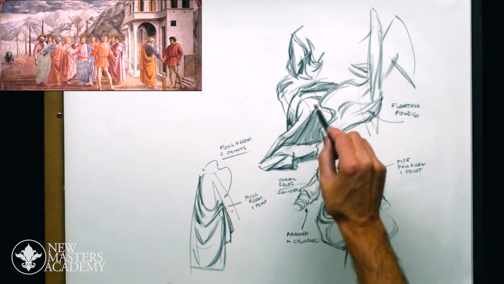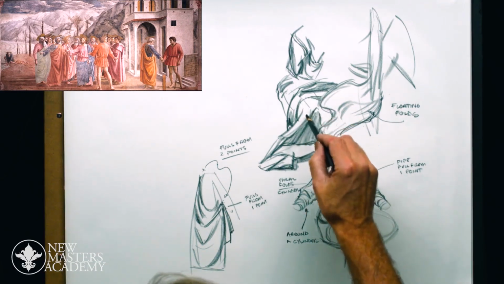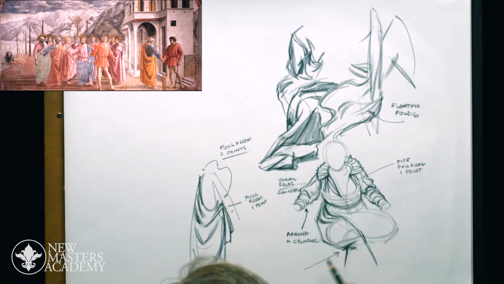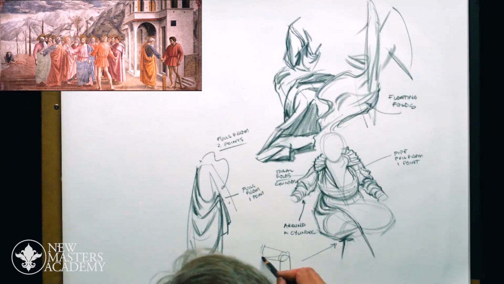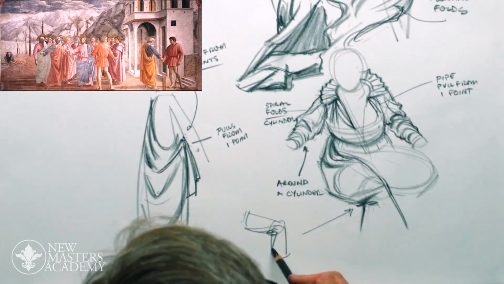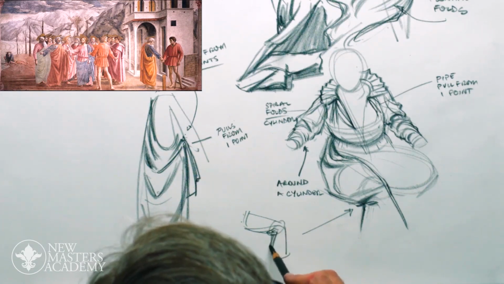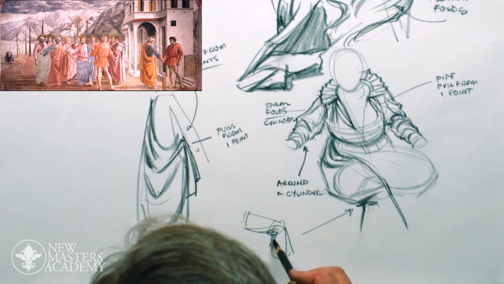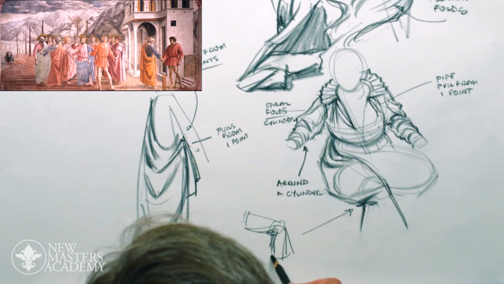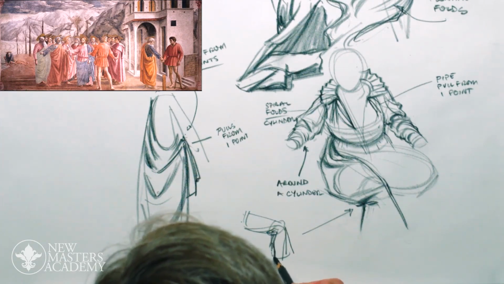And then the more literal folds that we'll see in here, kind of these knee folds that might go in here. That's going to be the result of the bending of two cylinders, or bending of a cylinder, or the joining of those. They're going to be pulling from back here. And then there's going to be a broad fold in here somewhere, and then pulling back from that same area here. And depending if they're tighter pants or slacks, it's going to pull and hold to the back of the leg here and go forward